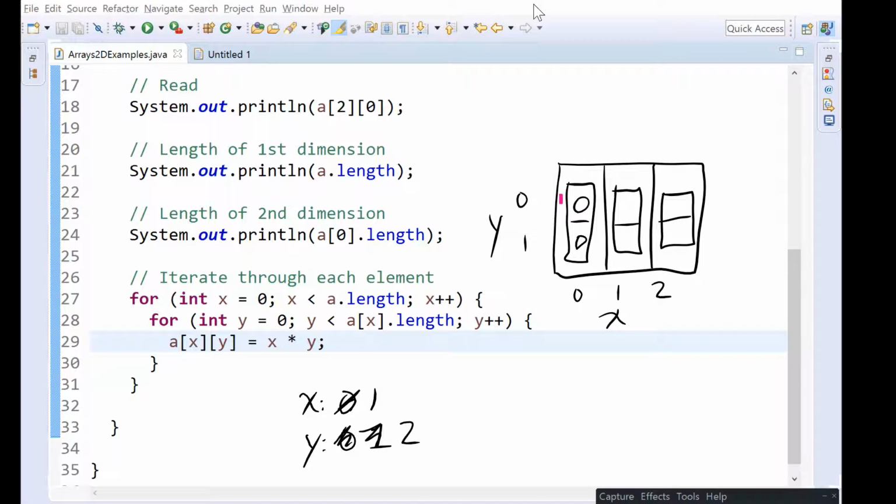And then 1 less than 3 is true, so we come to this innermost loop, and now y is back to 0, right? So now we're working on the second, or the 1 index of x, and 1 less than 2 is true. So what we're going to say is a of 1, which is this particular x value, y of 0, so we're talking about this particular element right here, is going to be assigned 1 times 0, which is 0. And we're done with that, so we increment y by 1, y's new value is 1,